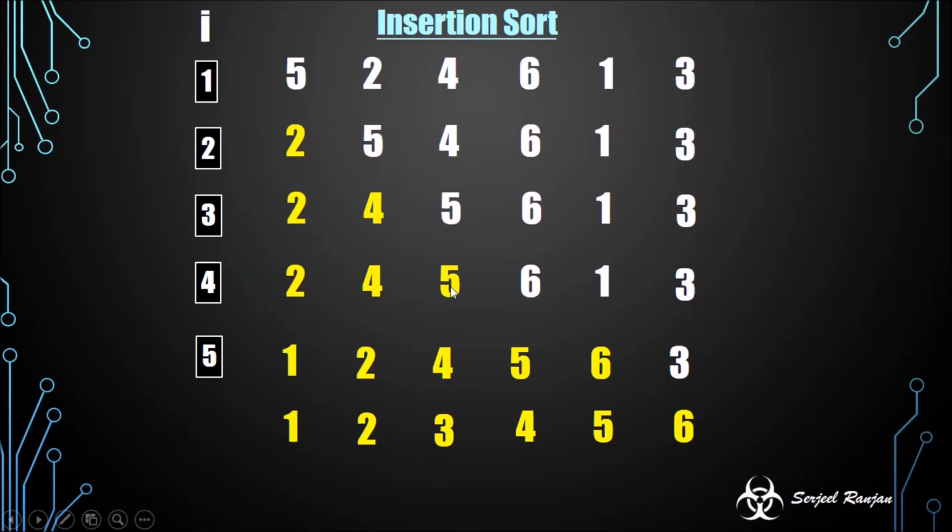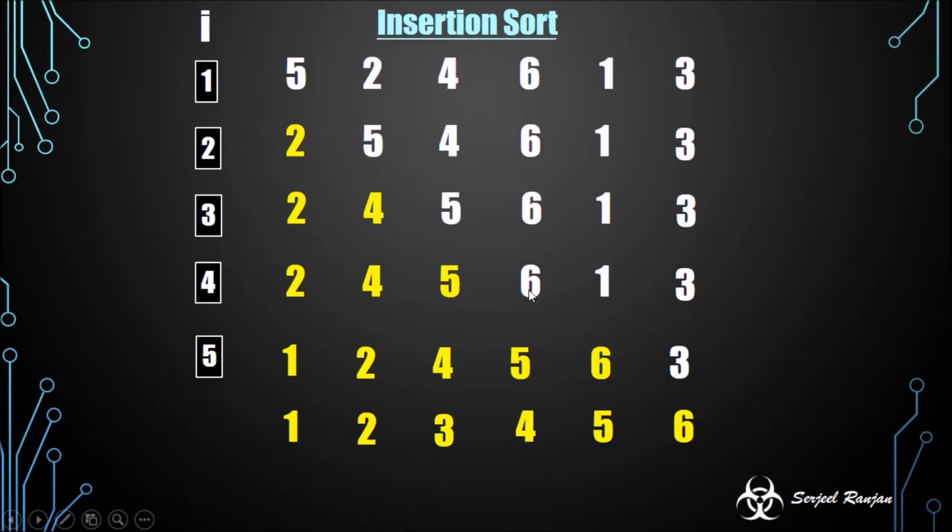Okay, now when the I value is 4, which means we are pointing to value 1, where should this value be inserted on the left sub array, which is already sorted. You see 2, 4, 5, 6. This 6 should also be highlighted, sorry. Where should this 1 be inserted in this sorted array? So as we know, logically 1 should go before 2. So in the next line you see 1 came before 2, and this sub array is sorted.